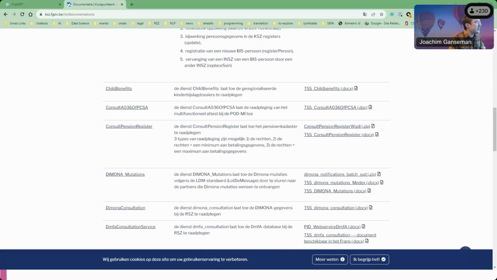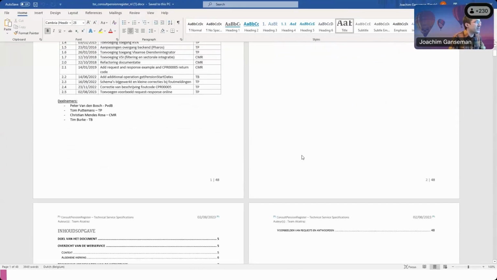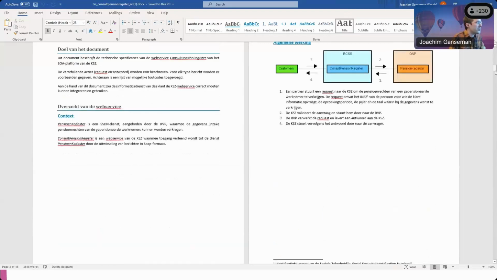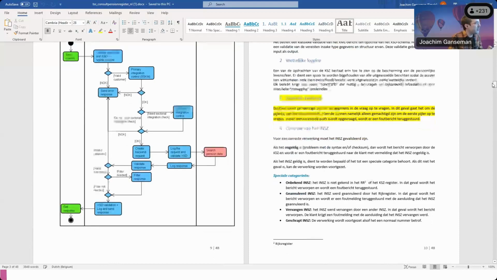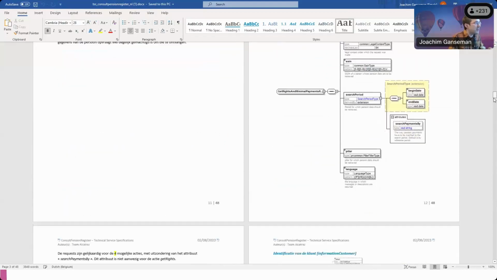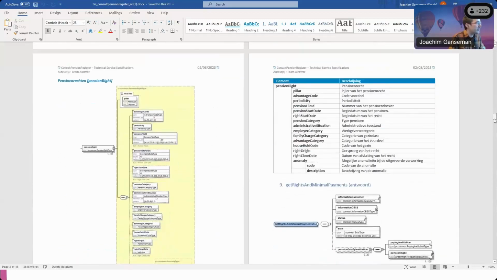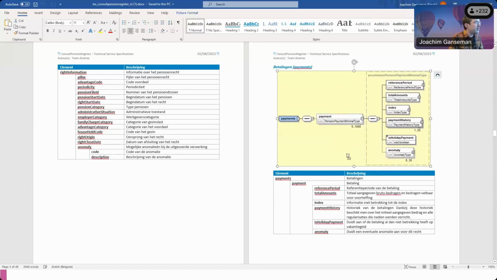All right, and this document is a specification of a service that is provided by the Crossroad Banks of Social Security. And as you can see, it contains quite a lot of technical information and some diagrams. And what we can do with ChatGPT nowadays is, well, we can take one of these diagrams. Let's take this one, payments,